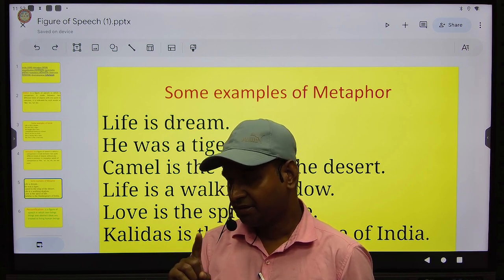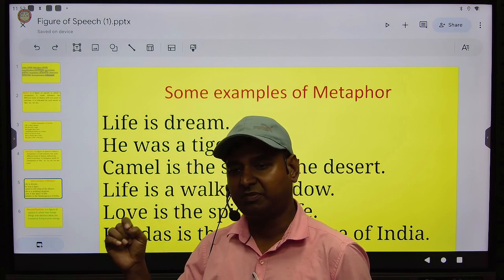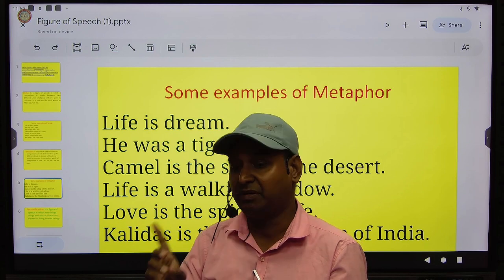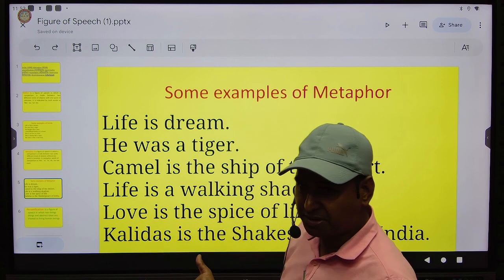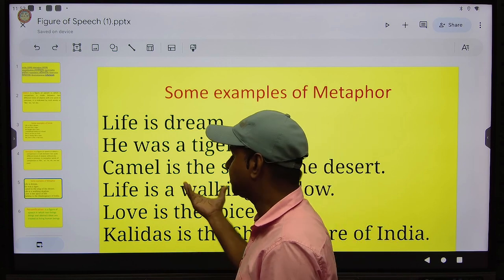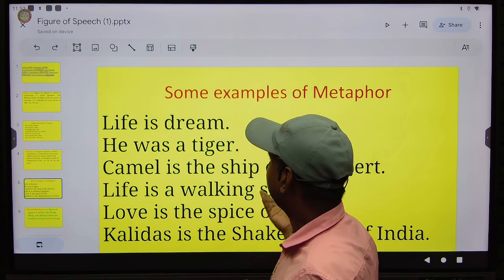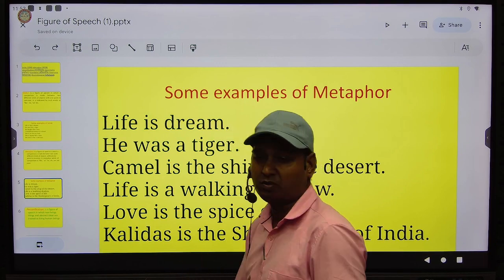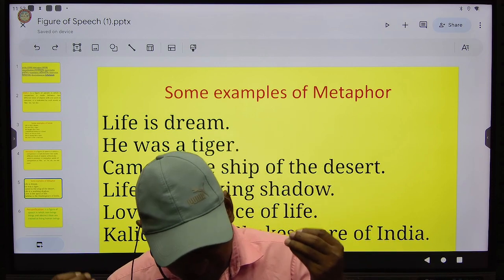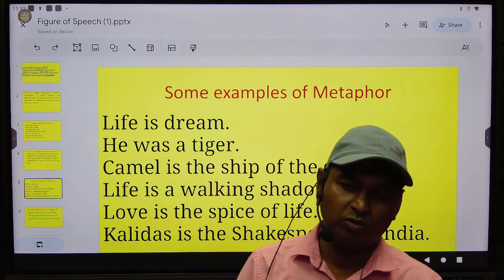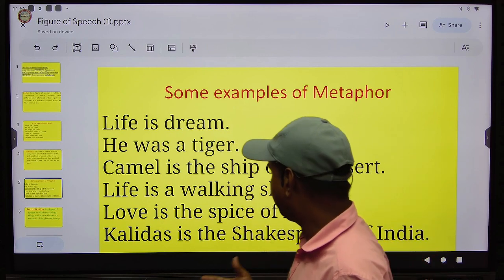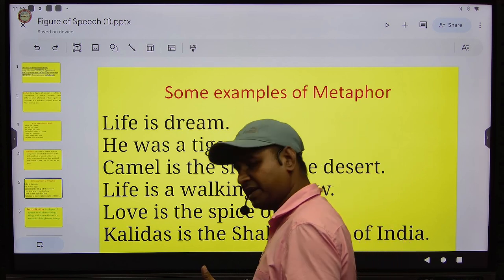Camel has been directly compared to the sheep of desert. It is not like sheep of desert, but it is sheep of desert. So direct comparison without any comparison word, this is an example of metaphor. Life is a walking shadow. Life has been compared to walking shadow without any comparison words. That's why it is an example of